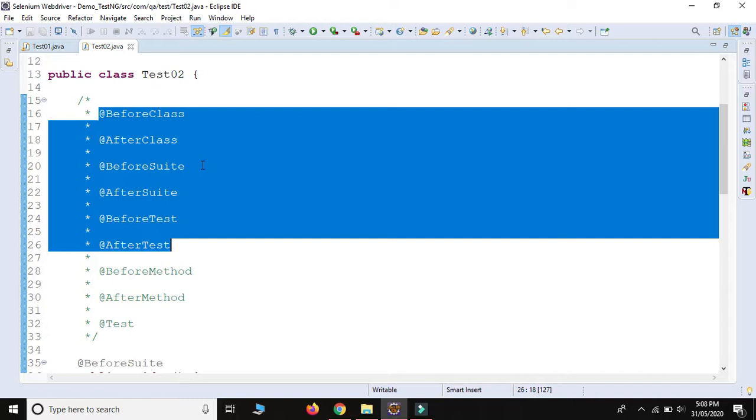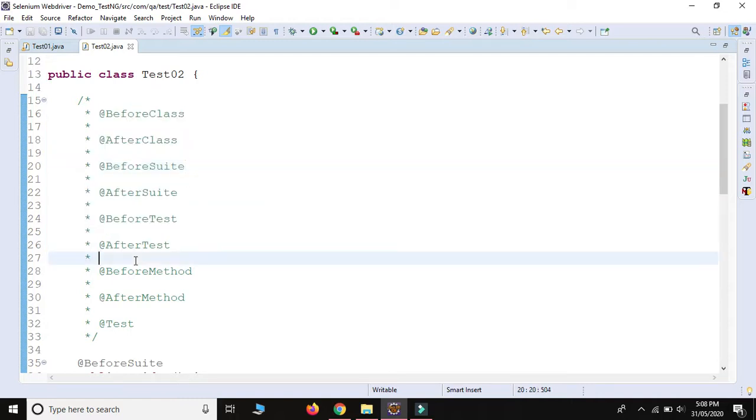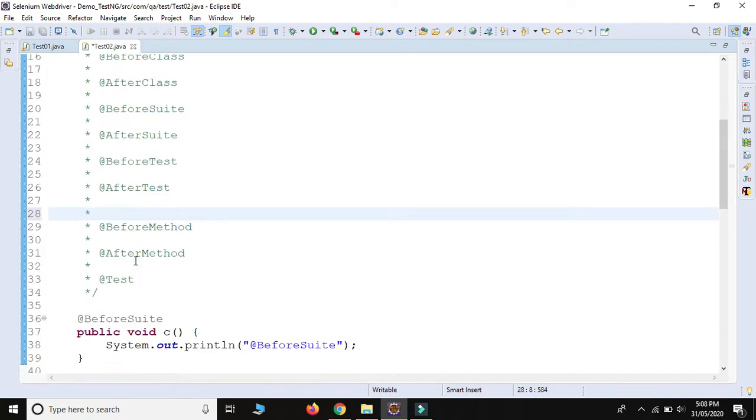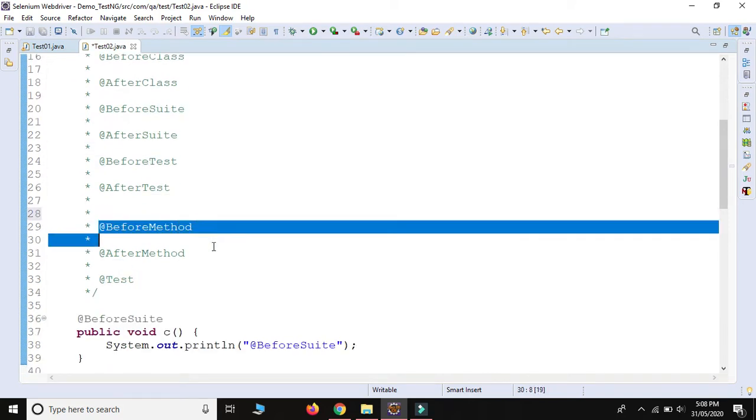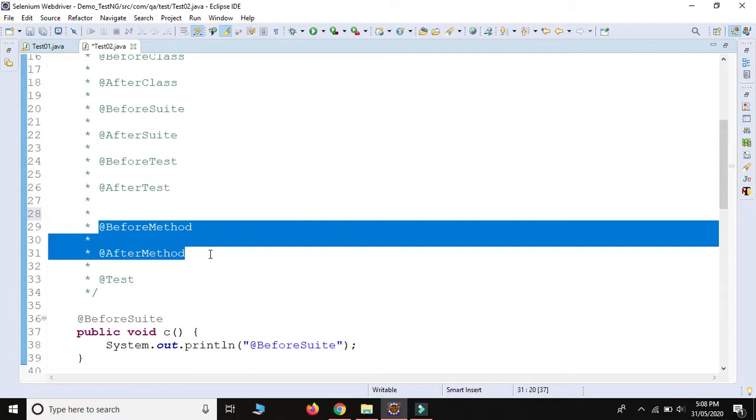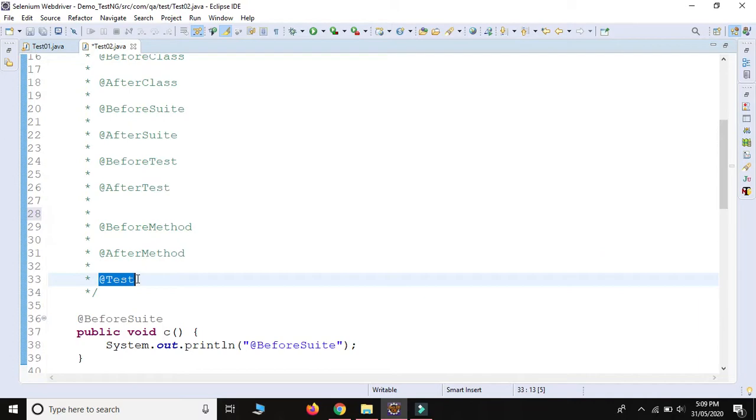But these two annotations, @BeforeMethod and @AfterMethod, how many times do these two annotations execute? This is the question.